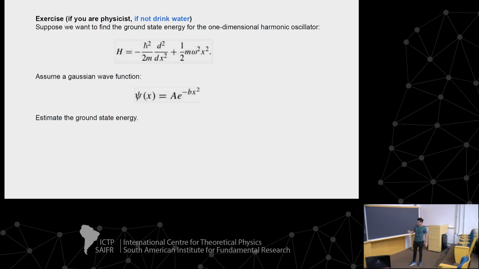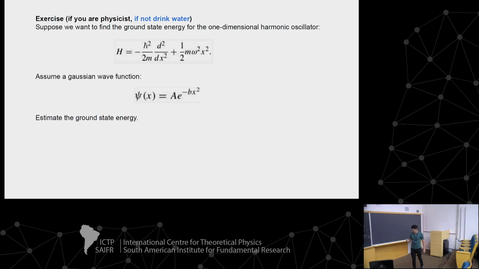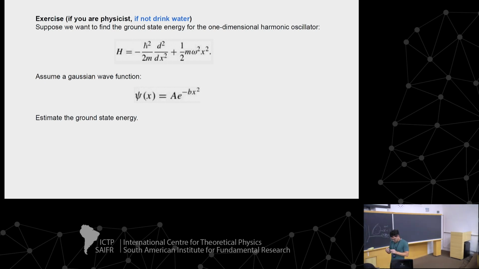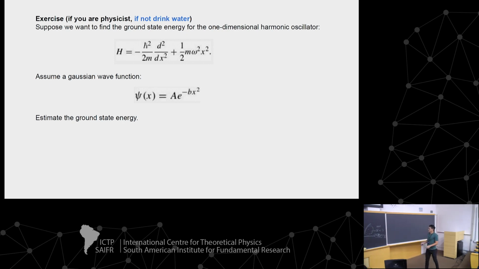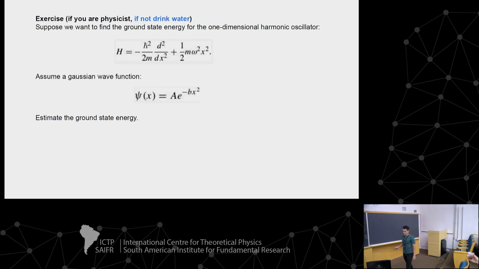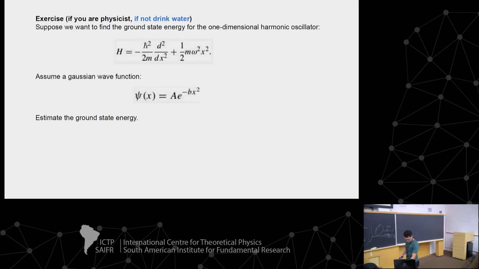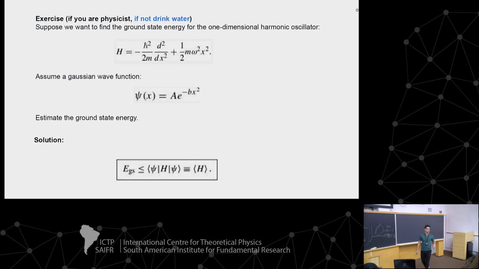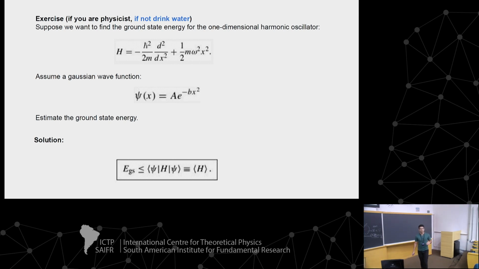So I see that you guys were working on this. Probably we arrive at the same solution. The idea is that with this variational principle, you can estimate an upper bound for the ground state energy at least. So you have these ansatz, and this will give you a good approximation, an upper bound at least.